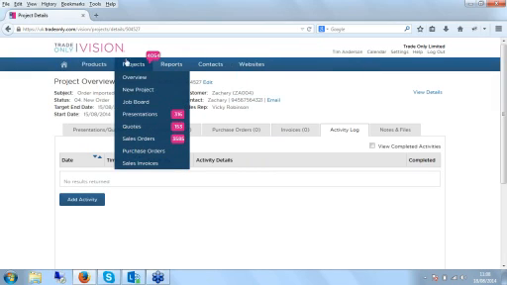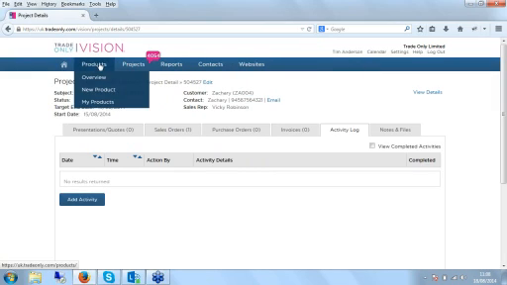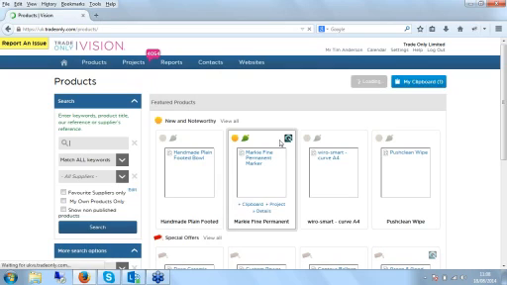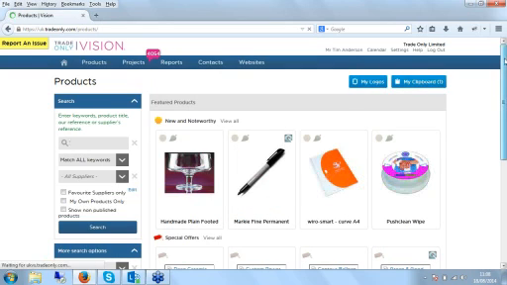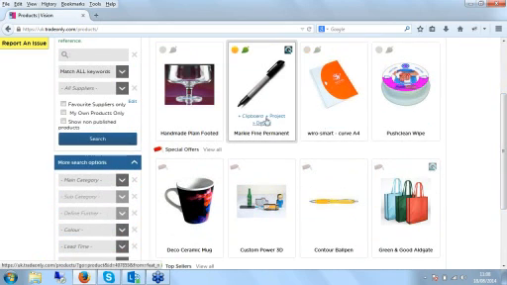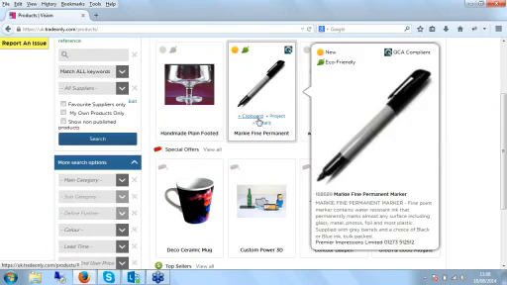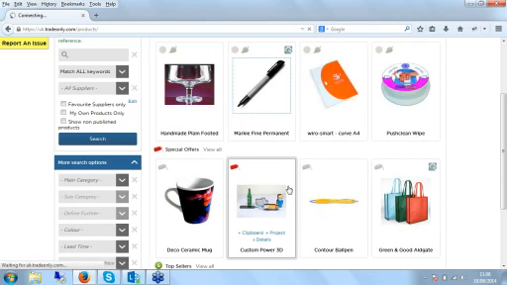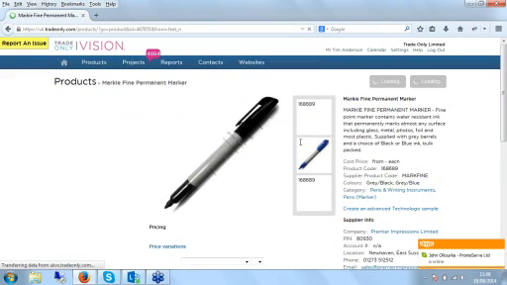We'll run through raising a project all the way through now, so you can see what's happening there. So how I would do that is, first of all, I would choose which products I want to show to my customer. So by searching and finding the products that I want and adding them to my clipboard using this plus clipboard feature, I can also open up a product and see the full details of that product just by